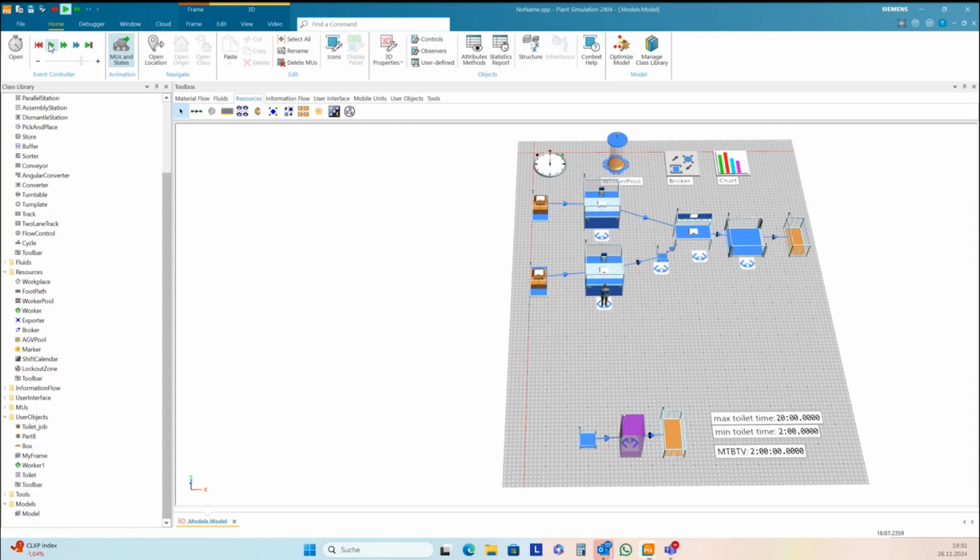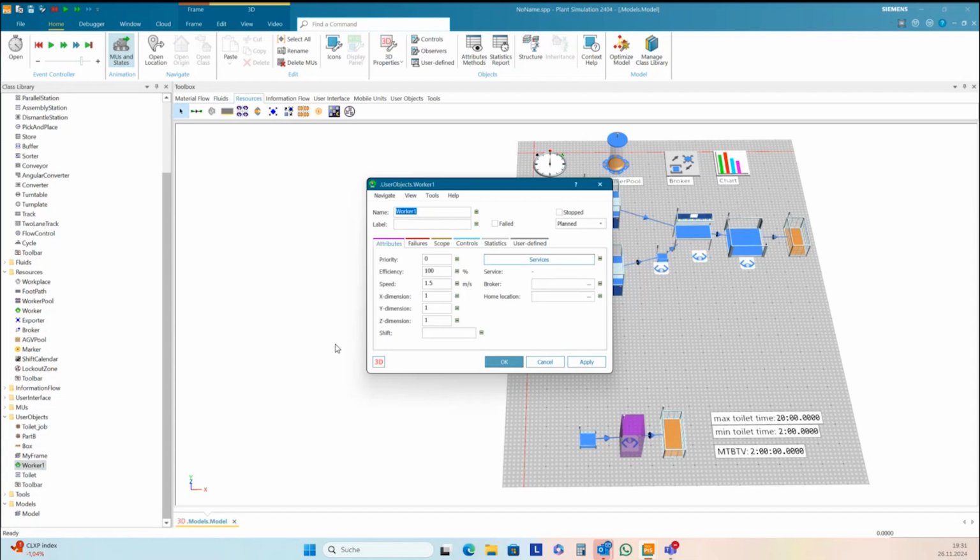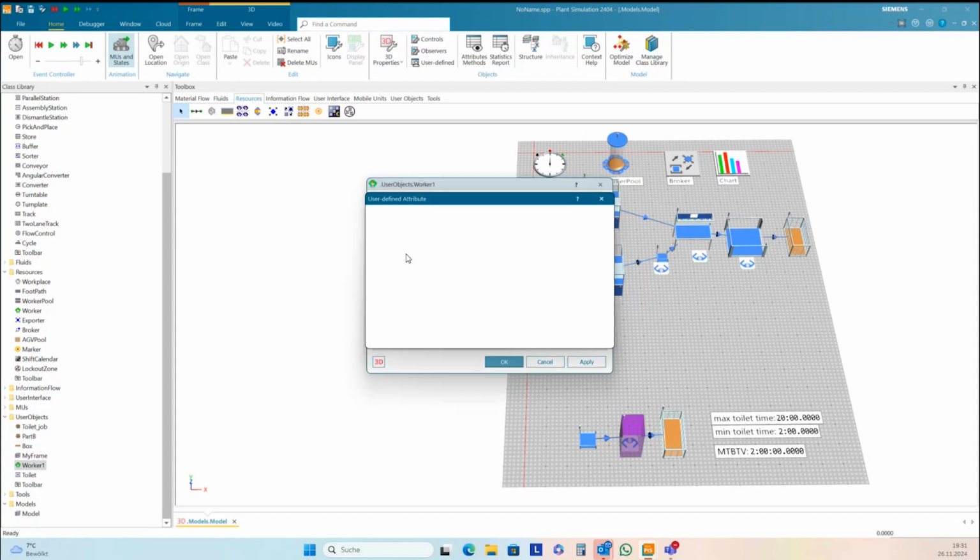Oh, I have forgot one. We need to start this internal method here for worker 1. So I open again this worker 1. User defined attribute. I can create also here inside the worker an init method. I create here one init method.